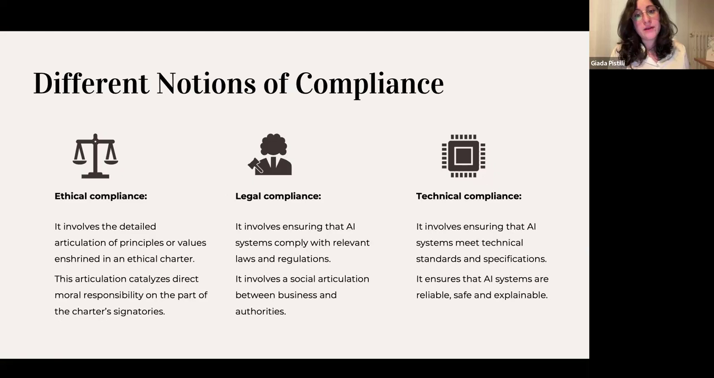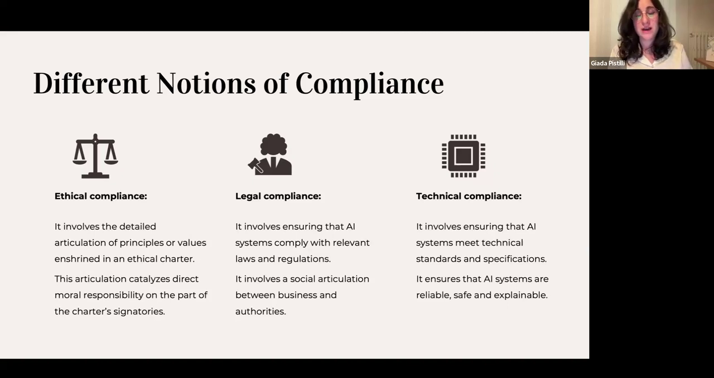Then, of course, we have legal compliance, which involves ensuring that, in this specific case, AI systems comply with relevant laws and regulations. If we want to give an example, it involves a social articulation between business and authorities, for instance, or civil society, etc. When we go to technical compliance, it might seem trivial, but I'm convinced